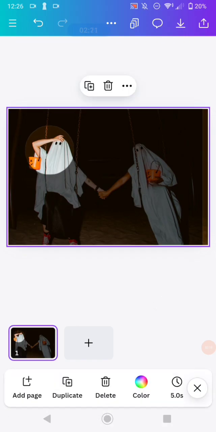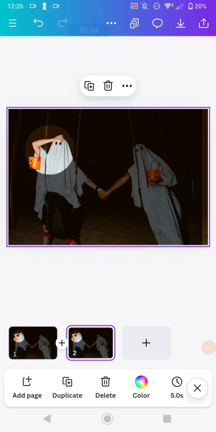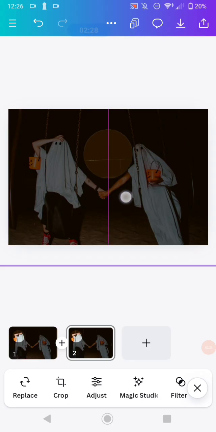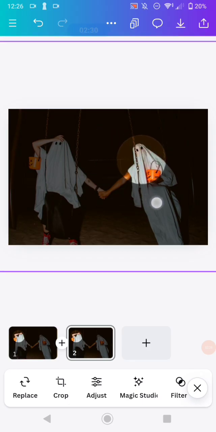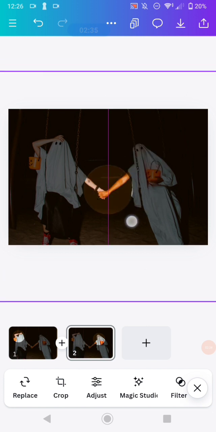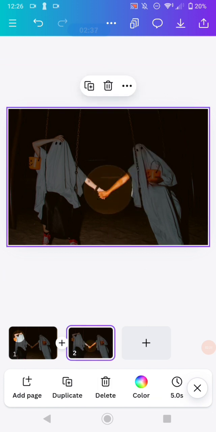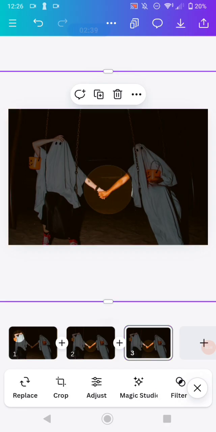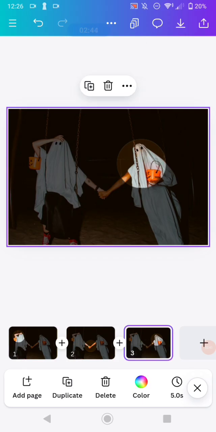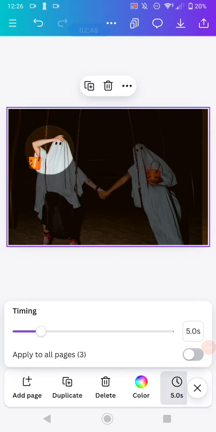And after that, you can click the page and then duplicate it, and now you can move the spotlight onto the next object like this. I think I will add it here first and then duplicate the page and then move the spotlight onto this page. And after that, click the page like this, decrease the size, decrease the duration to 1.5 like this, or